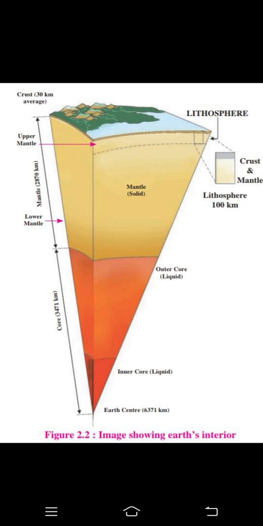Okay. Now here we'll look at the inner core. Now what does the inner core have? The inner core has two things, iron and nickel. So it is also called NiFe, Ni for nickel and Fe for iron. The materials in this layer are under extreme pressure, because it is the inner core, so there is a lot of pressure of the whole earth on that inner core. So the inner core is in a solid state.